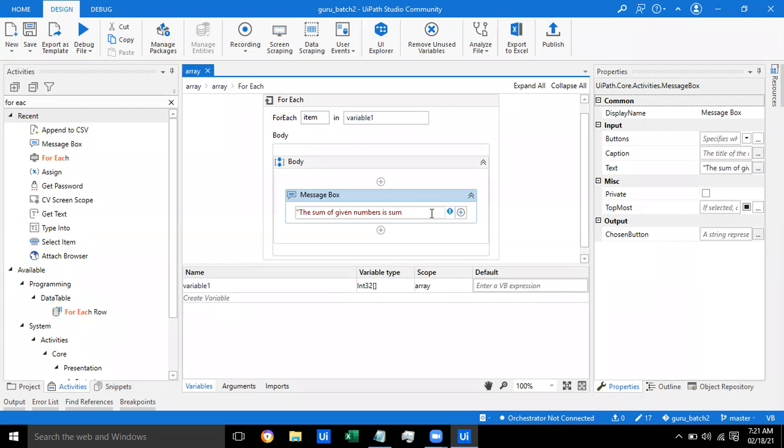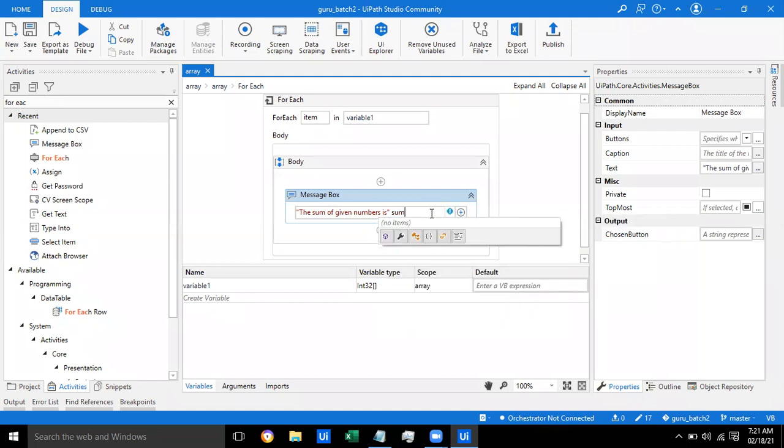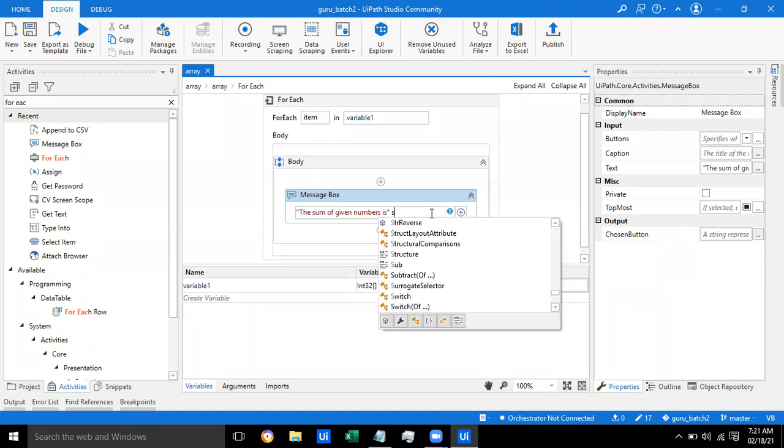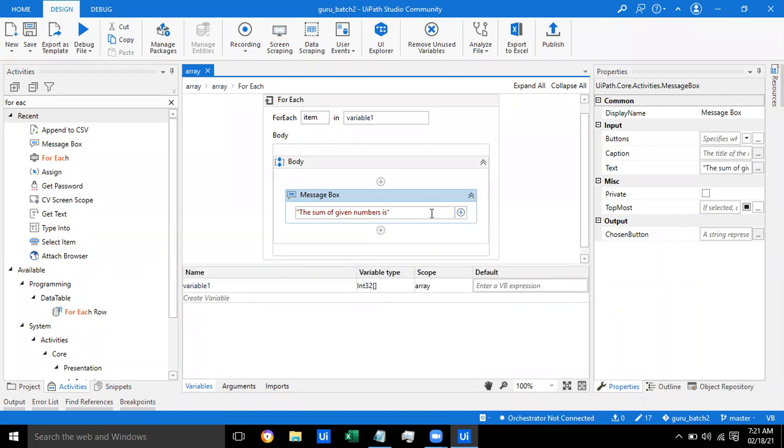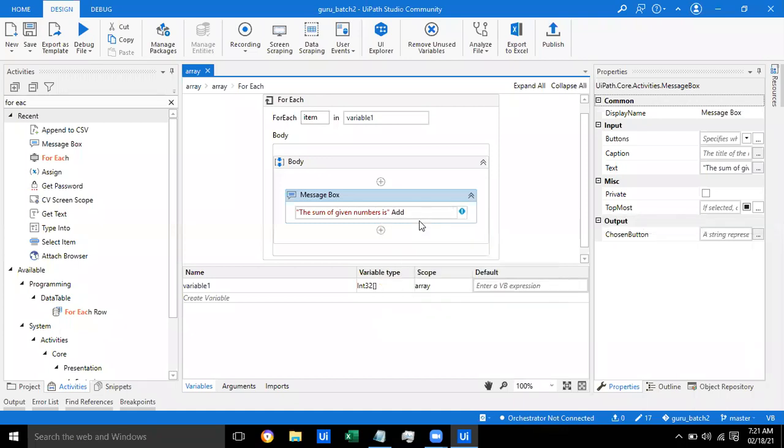No, no. Close code, double quotes. Yeah, and then sum. No, the function is not there. Yeah, add. Add is there. Add of, add of. I think we can give the... Guys, only 3 minutes left.